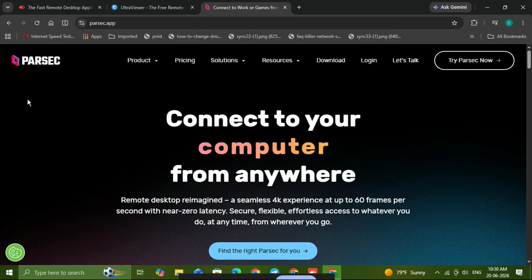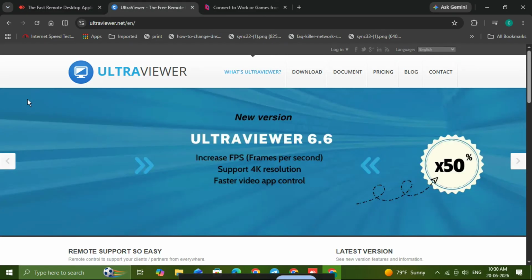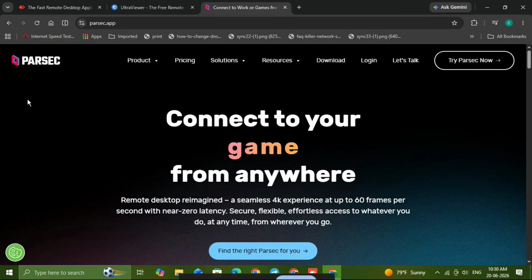So which one is better overall? The answer depends on what you need. For business and general productivity, AnyDesk is usually the most complete option. For simple support and ease of use, UltraViewer is a solid pick. And for the smoothest performance in gaming or graphics-heavy use, Parsec stands out. If you're still unsure, think about your main use case first, because the best remote desktop app is the one